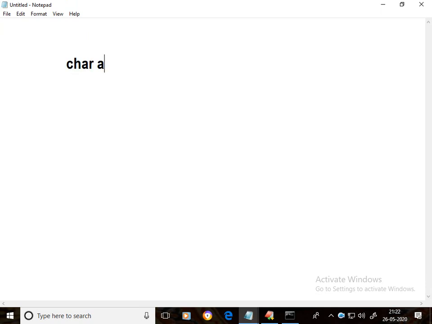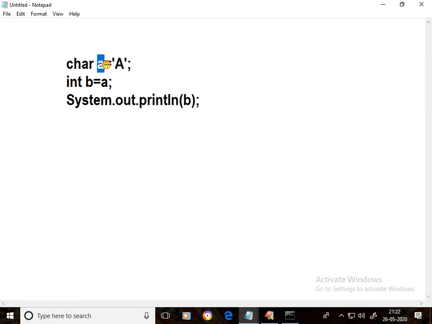Say char a equal to capital A, integer b equal to a, system dot out dot println b. Here a is a character type, b is an integer type.